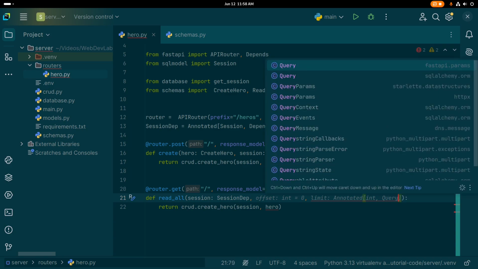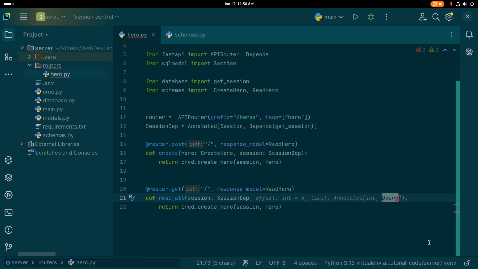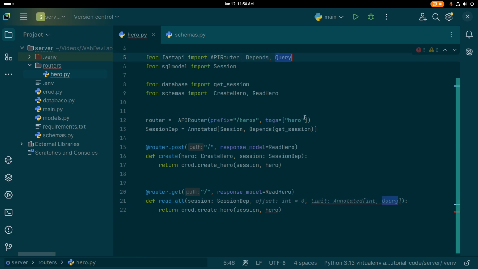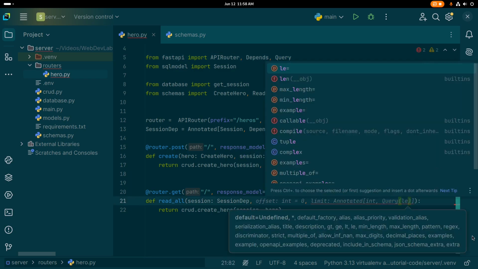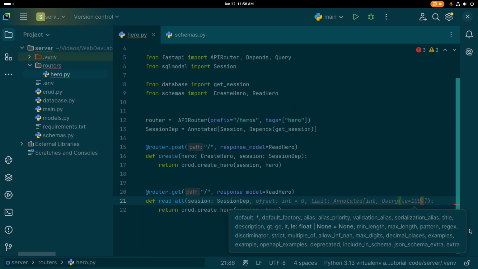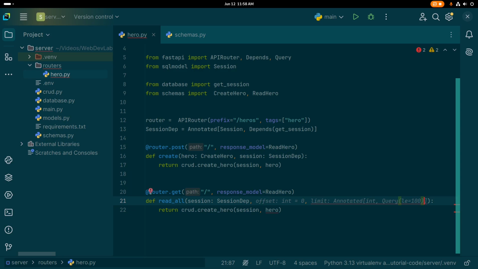This query we are going to import from, let me just copy this and paste it here. After query, in query we'll put le equal 100. So the value of limit must be less than or equal to 100. Okay,